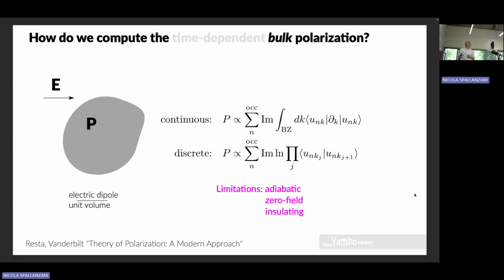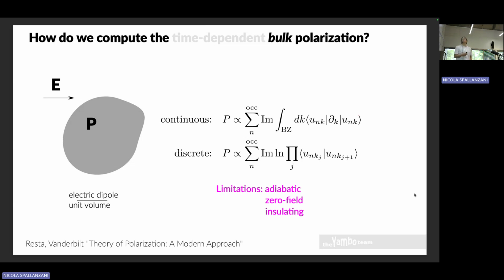They also assume that we are in an insulating ground state, meaning that we should have a gap. Of course, this is a bit limiting, especially the first two. I mean, we can survive with insulating, at least when looking at dielectrics. But of course, if you want to do some real time, as was shown by Davide yesterday,